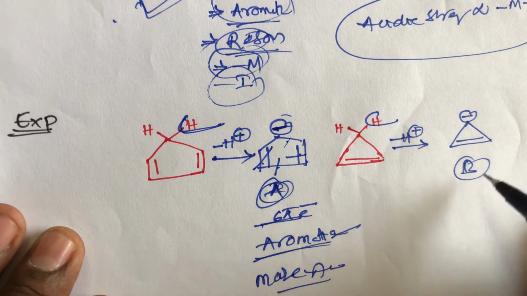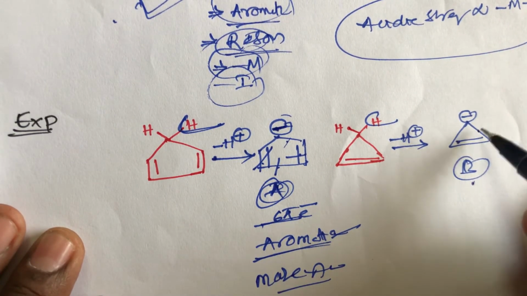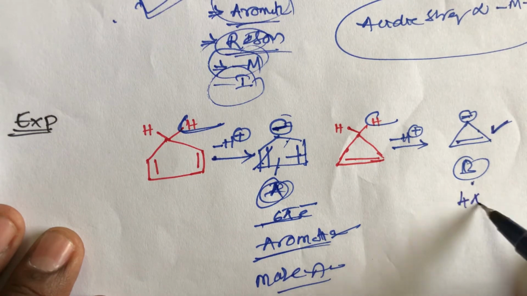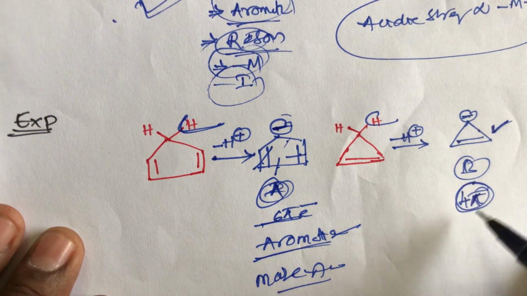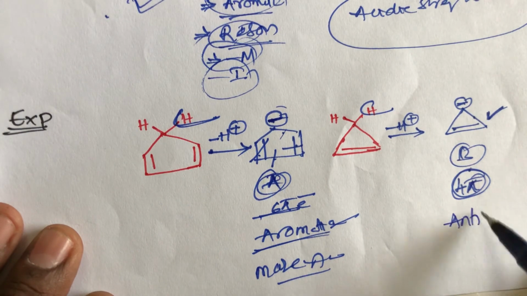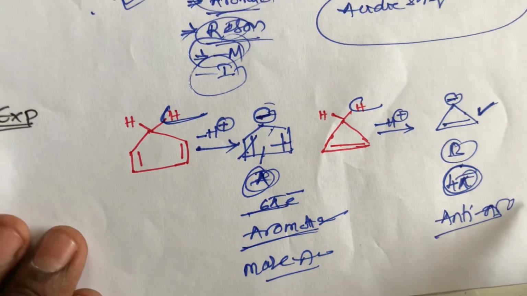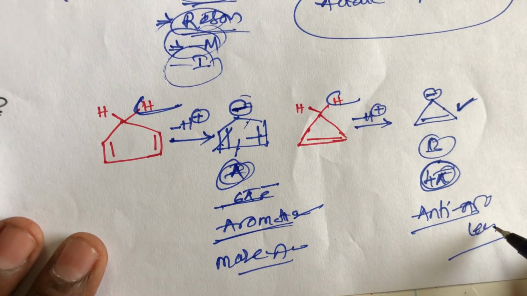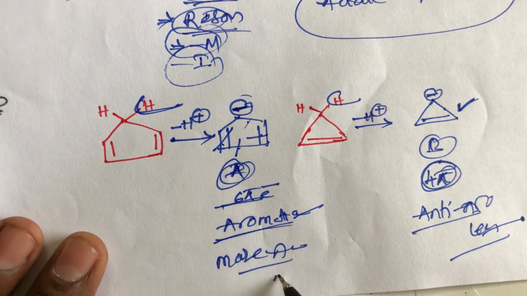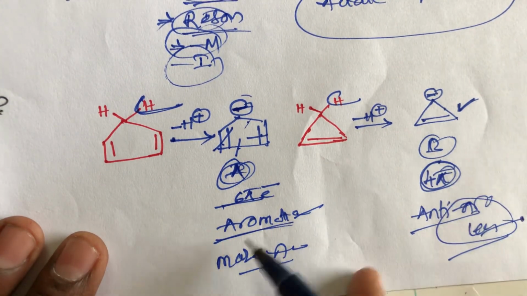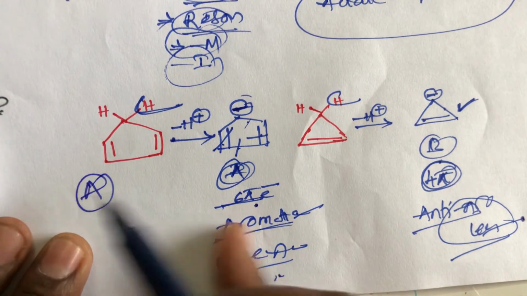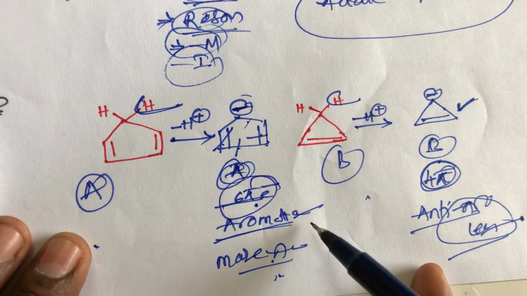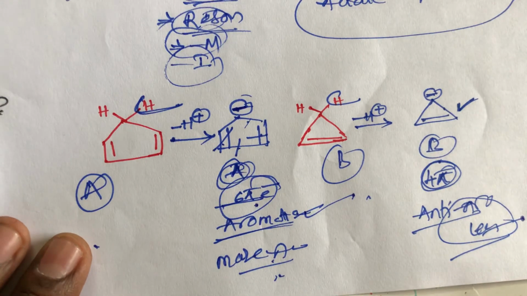What about the B compound? The B compound has a double bond, then a single bond, and a negative charge. Here also conjugation is there, but here four pi electrons are present. These four pi electrons belong to anti-aromatic, which is the least acidic. That's why the A compound is more acidic than the B compound, due to the six pi electrons, aromatic character, and conjugation. So that is the reason.